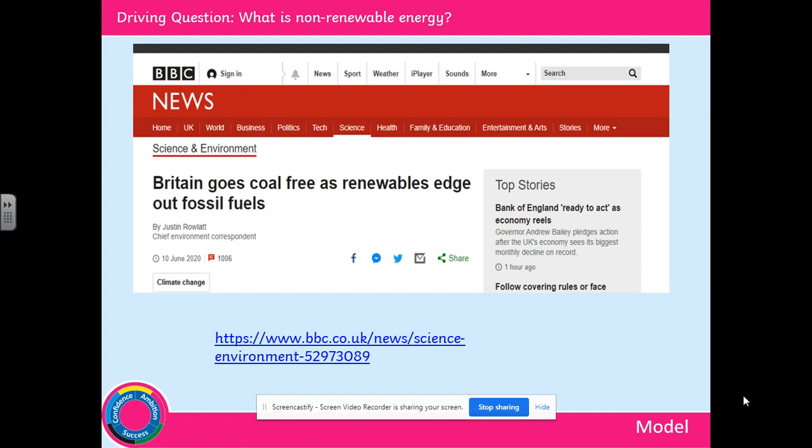So the UK's biggest power plant, Drax, started converting their station from 2014. And now what do they go? Renewable energy. So they stop using non renewable energy, such as coal and fossil fuels. Now they're using natural resources such as sunlight, such as biomass, such as tidal. Now it's going to be more expensive, but it's worth it.